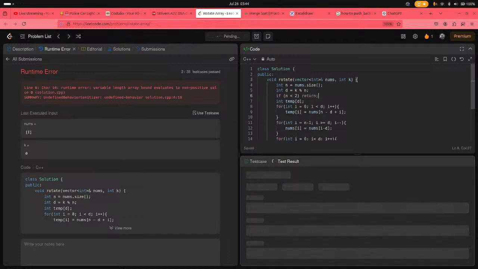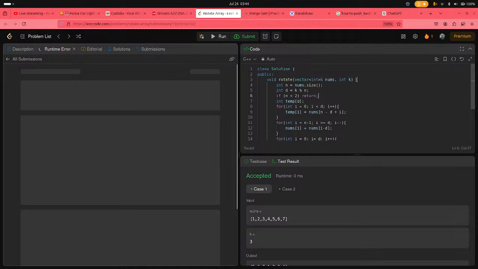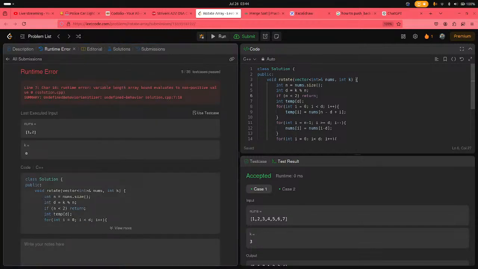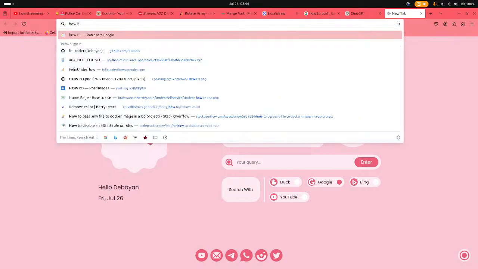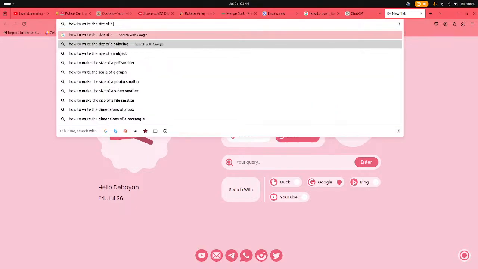Is this second runtime, line 7? How to write the size of a vector? Just a minute. How to write the size of a